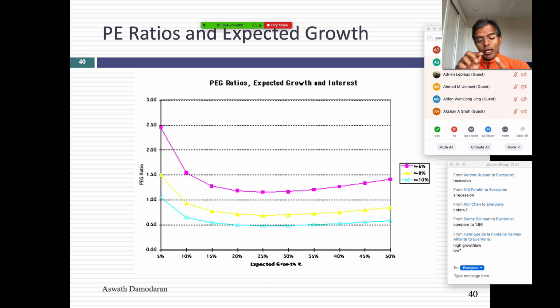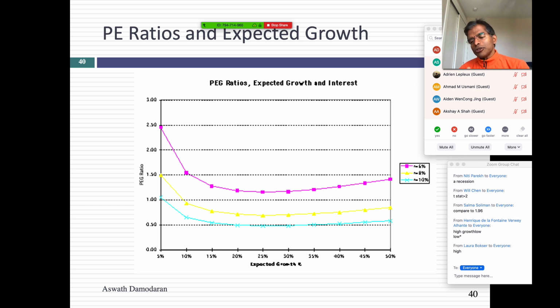You want low PE, high growth, low risk. You want low return on equity or high return on equity? You want a high return on equity. So you want a stock with low PE, high growth, low risk, and a high return on equity. You're saying, what chance do I have of finding something like that? Hey, no harm looking. You have access to S&P Capital IQ. Why don't you run some screens? You want to look for stocks with a PE ratio less than 10, a growth rate higher than 15%, a beta below 1, and a return on equity higher than 15%. See what you get? I think that's the basis for screening.